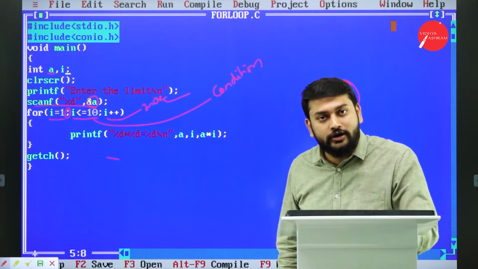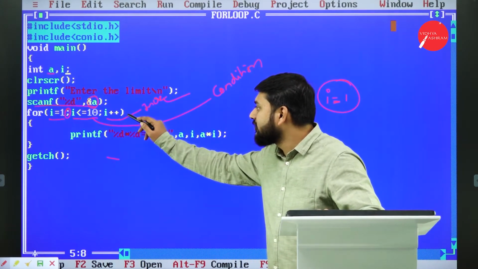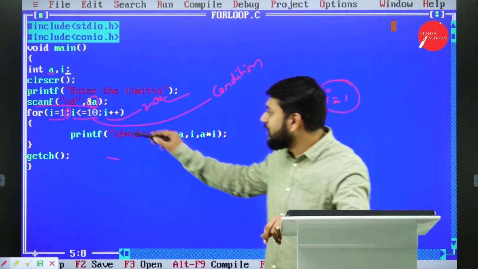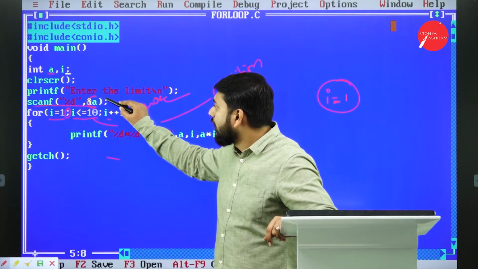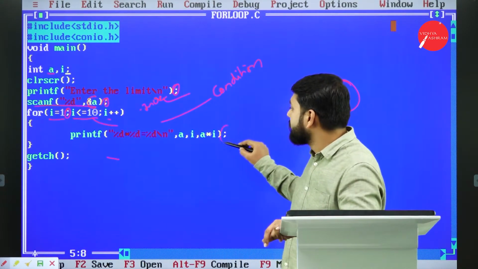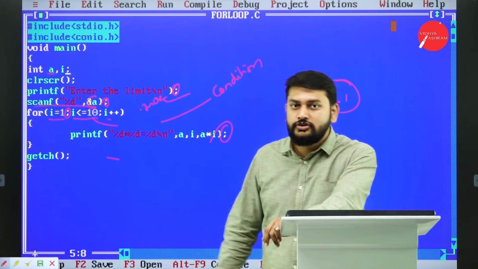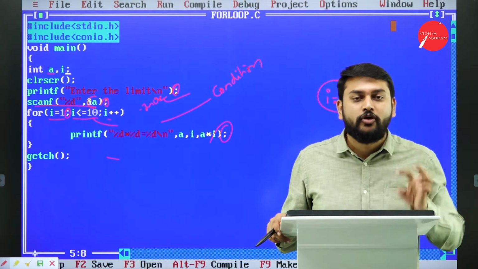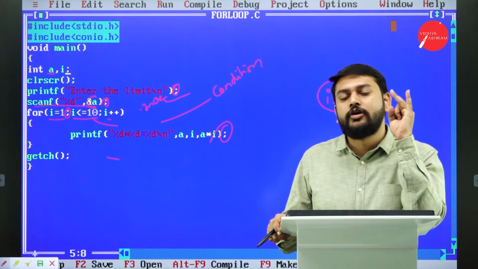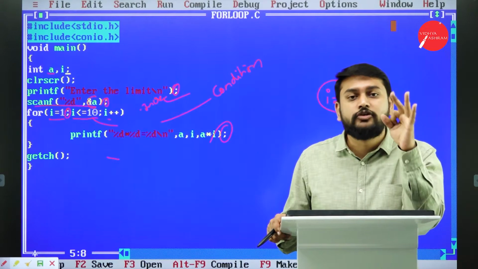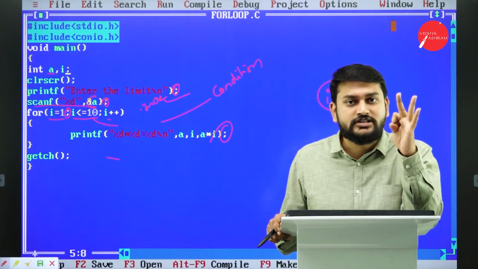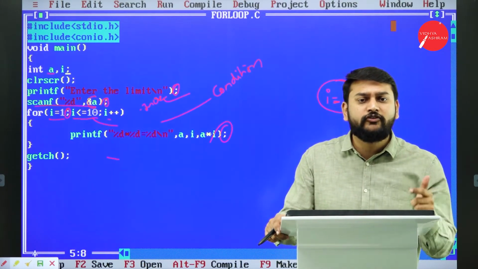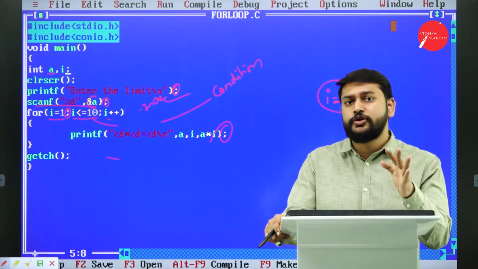It's very important that you observe, I don't have a semicolon for the for loop. Only for the statements I will have the semicolon. Please observe, I have a semicolon here, here, and here. So for function calls I will have it, but not for the function definitions. I will not have it for the while loop, for the for loop, or for the function definition that is main. Whenever I'm calling any predefined functions, I will have the semicolon. That's what you need to remember.